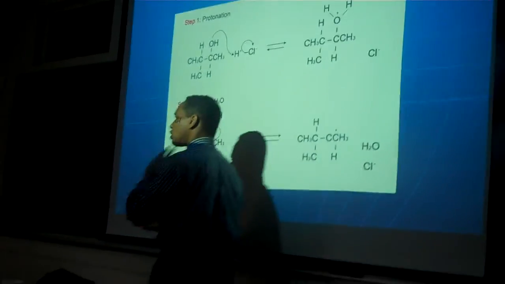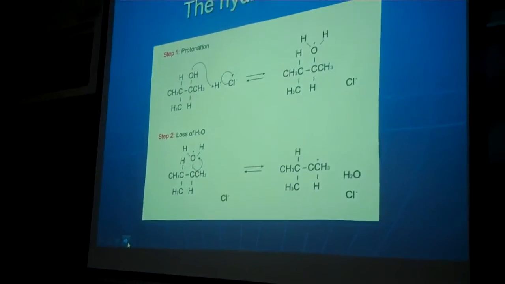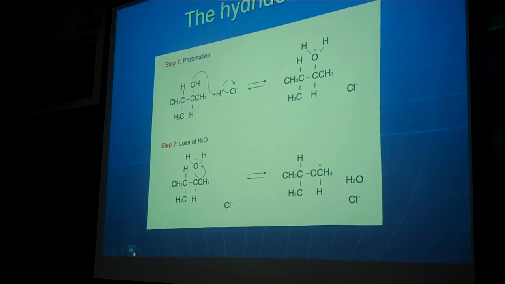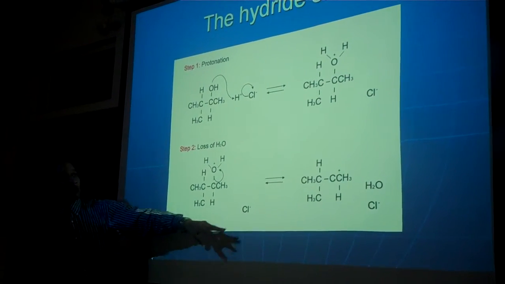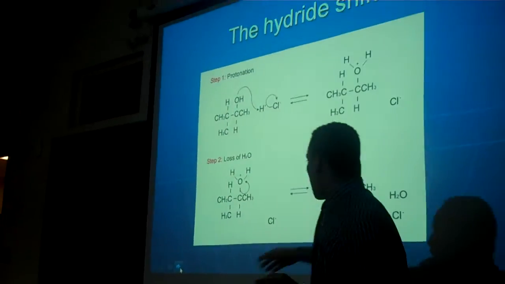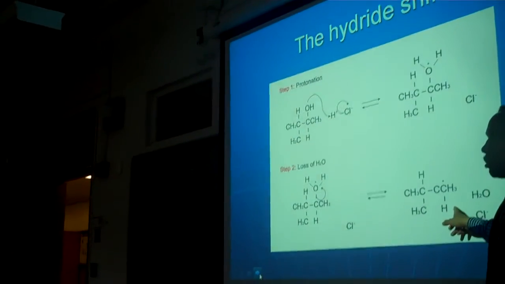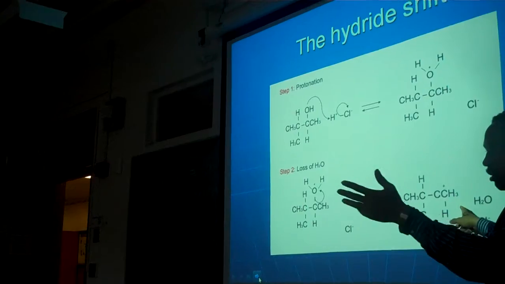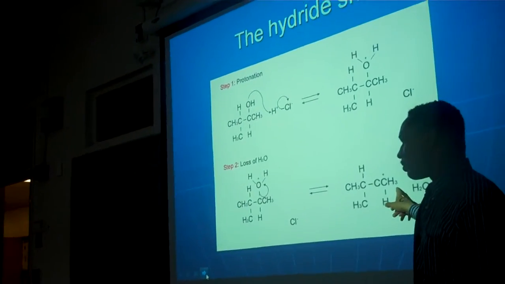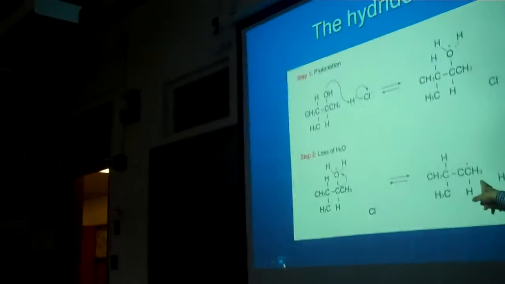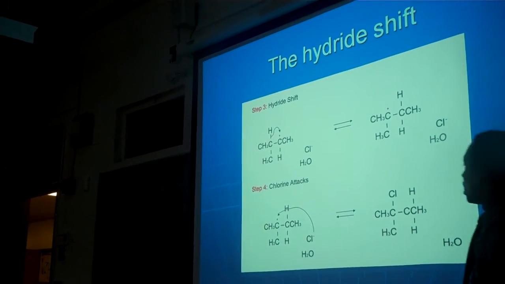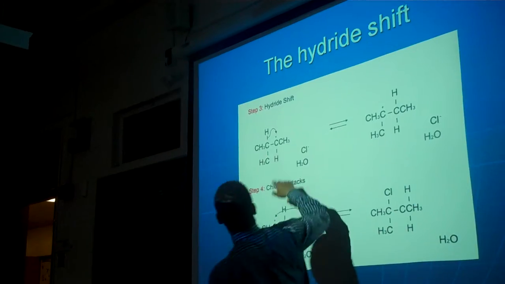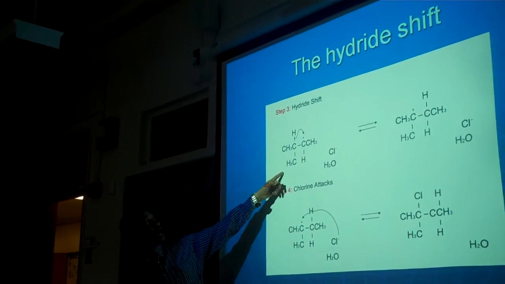Normally, when I add an acid to something, I have an excess of hydrogen, and I can grab OH, form a water, and the water will leave. When that happens, I form a carbocation. Is this carbocation secondary, tertiary, primary, Melba? That's correct. After a hydride shift from